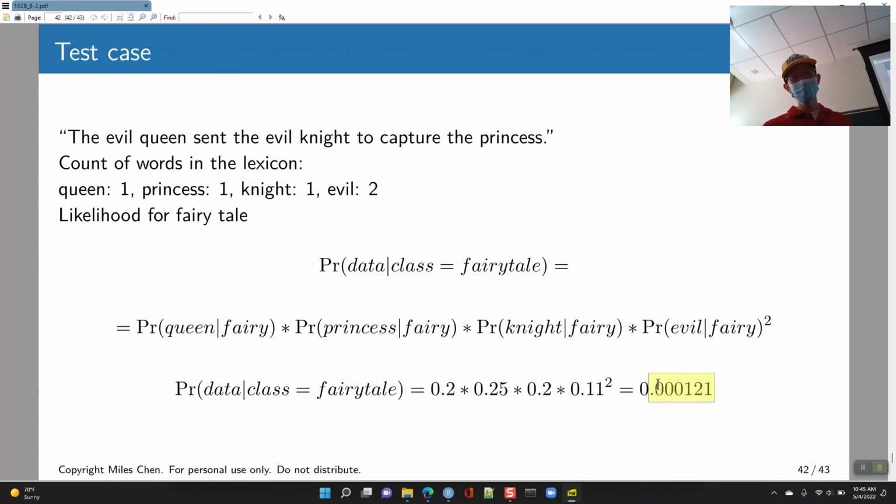Okay, and again, the naive Bayes assumption allows us to just multiply all of these probabilities as if they were independent, and we don't worry about the covariances of how likely two words are to appear in the sentence together or things like that. Okay,